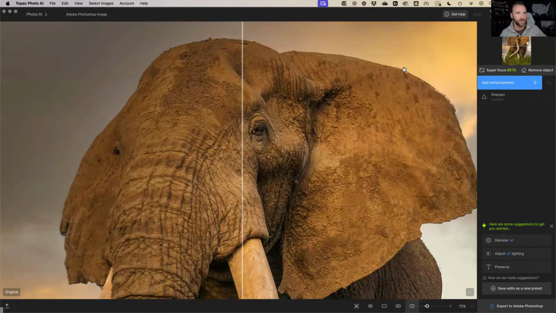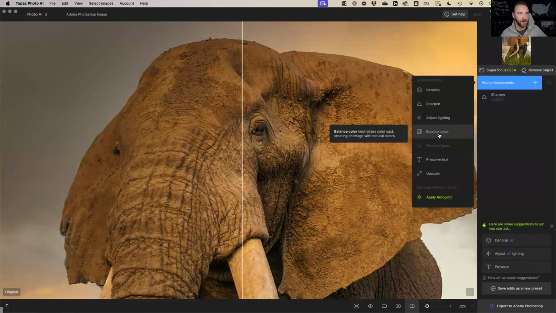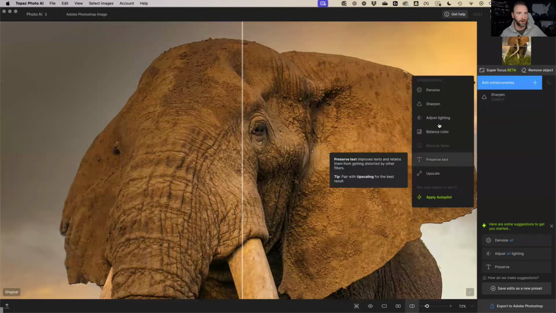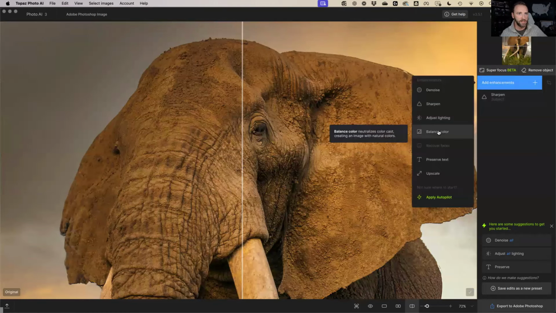Ooh, I need to fix that. That's a little bit of a fringe from that HDR merge that did not go well. So we'll fix that. But here it did recommend that we sharpen that subject up just a little bit. So we can take that off, take that in. So it looks like it's a very subtle adjustment right there. So what we are going to do here is we're going to do a